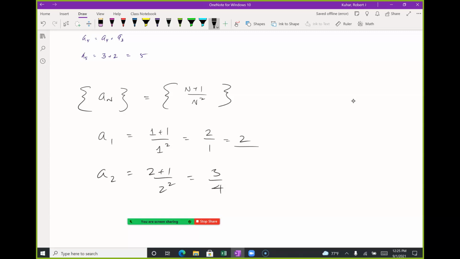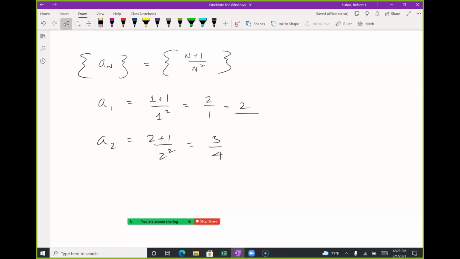I don't know if I can see a pattern here, right? Can I see the pattern here so that I don't have to keep plugging into the sequence? Can I just get the next term right away? Once I start writing them out, sometimes I can see a pattern, and us humans are pretty good at seeing the pattern. I got a 2 over 1, I have a 3 over 4. Next one's going to be 4 over,